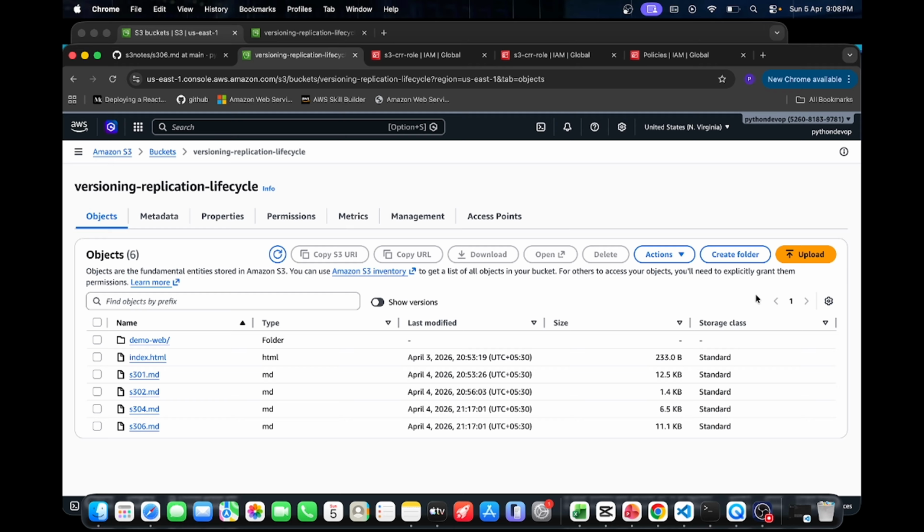In upcoming videos we will do the configuration and the integration of S3 with other AWS services like Lambda